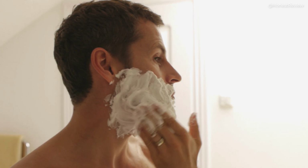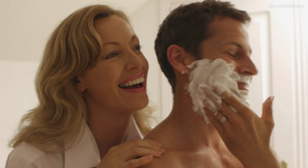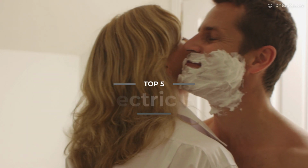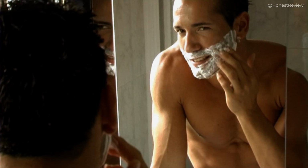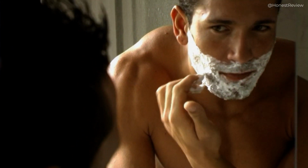Welcome to the definitive guide for those who demand precision in their personal grooming, where the perfect shave is not just a morning routine but an art form. Today, we are unveiling the top 5 electric shavers of this year, each one carefully selected to cater to different needs and budgets. From the budget-friendly bruiser to the Rolls-Royce of shavers, this is your roadmap to the smoothest shave